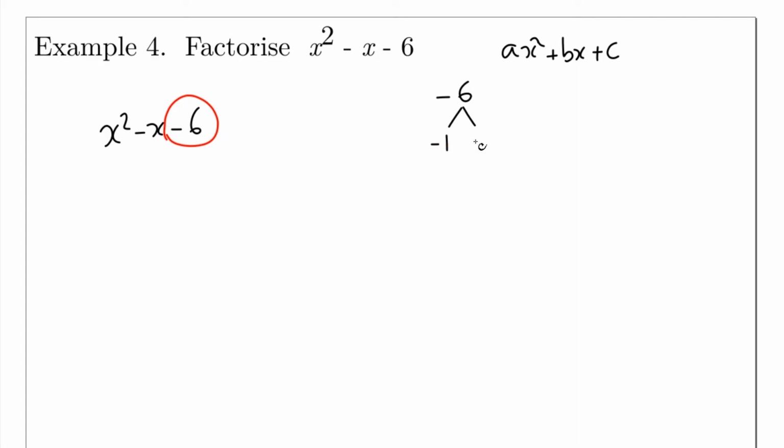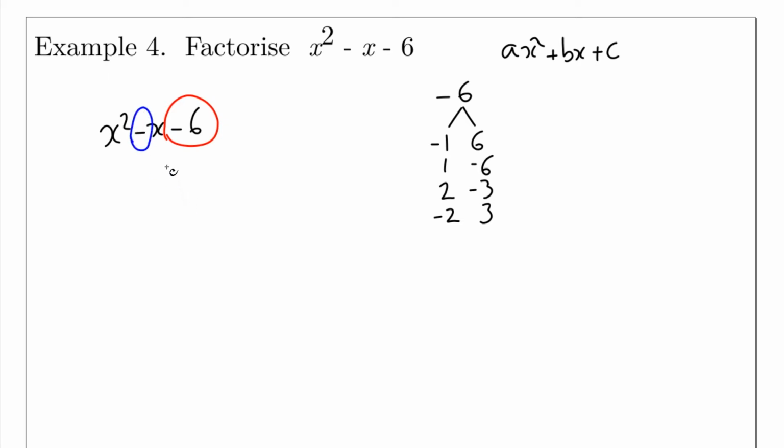It's minus 1 times 6 or 1 times minus 6. It's also 2 multiplied by minus 3 and minus 2 multiplied by 3. And those are the only factors of minus 6. And now we're going to look for a pair of these factors which adds up to give us the coefficient of